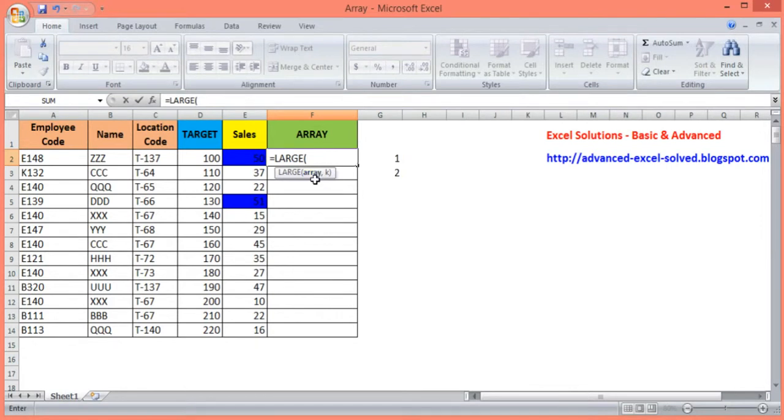What is an array? An array is a set of items, be it numbers or characters or something else. So you put the array here, and it is asking for a position, that is the kth position. You will either put 1 or 2 and so on. But this is also not a handy process.